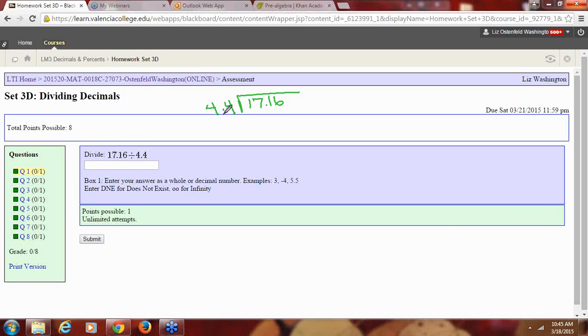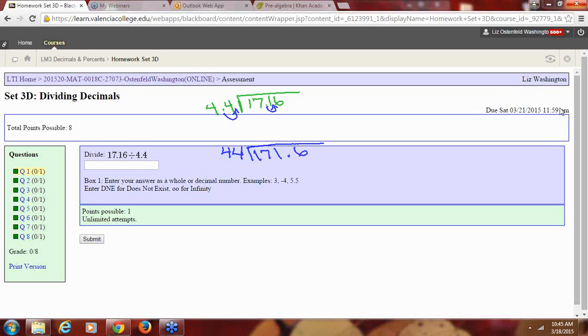Now the rule here is when I'm doing division by hand of decimals, I can't have the decimal over here. This number has to be a whole number. So I'm going to move the decimal one place to make it a whole number. So now it's going to be 44. But since I changed this number, I also have to change the inside number by the same exact amount of decimal places. So that means I'm actually going to have a new division problem